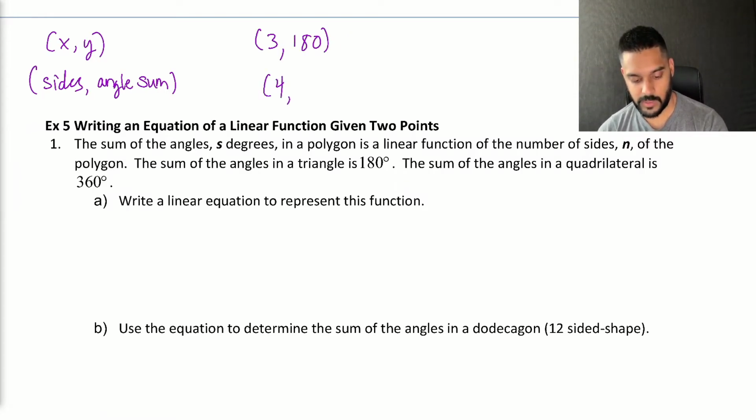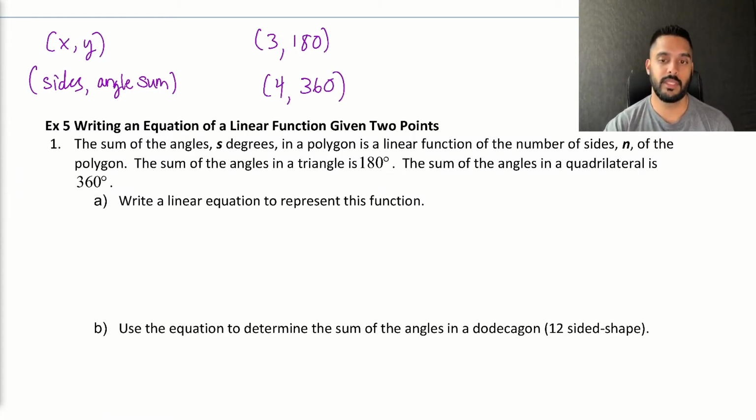But if I have 4 sides, a rectangle or a square, or a rhombus I suppose, any quadrilateral, the sum of the degrees inside is 360. So really I've got my two points where the inputs or the independents are the number of sides, the outputs or the dependents is the sum of the angles. So I have two points here. I should really be trying to find a slope. So if I find the slope between them,